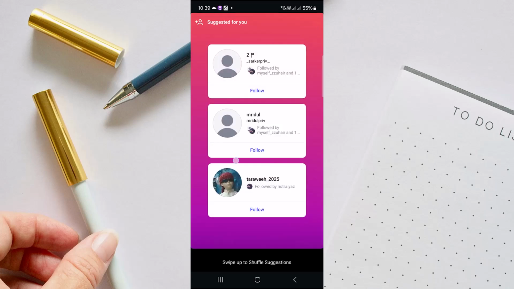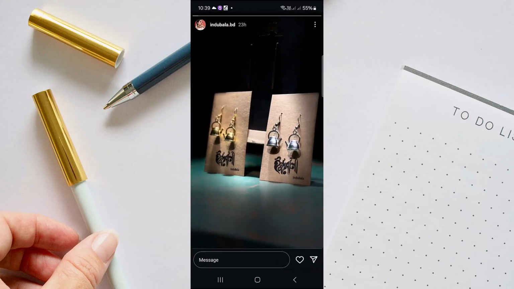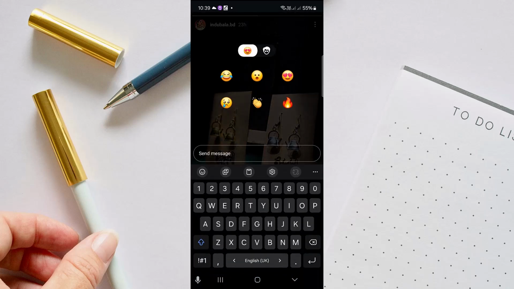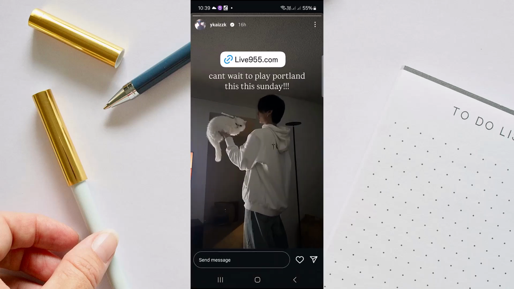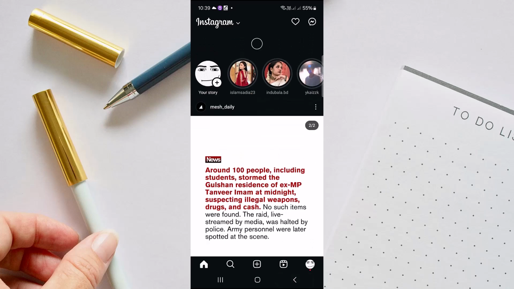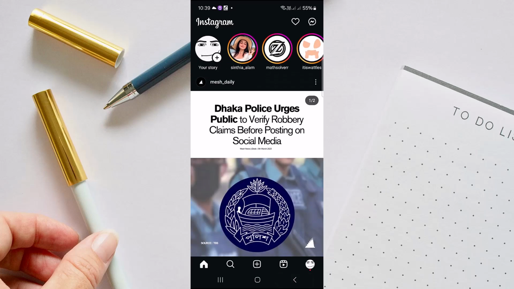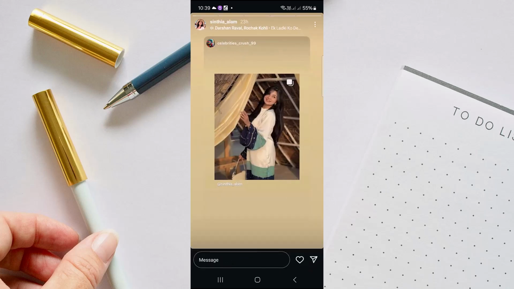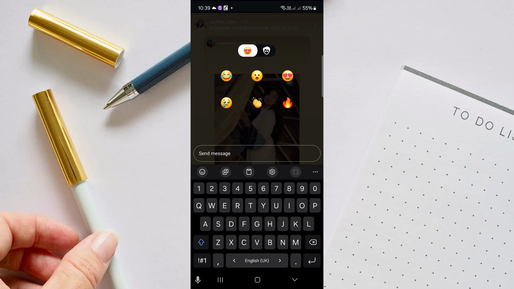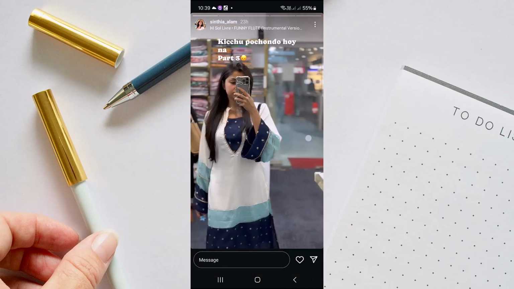Sometimes if we just tap on a story, we can't move anymore. So the first fix is, you can try just tapping on this message option and then try again tapping on here, and then you can just swipe it like this. So this is the first one you can try, and the second one is, if it is your story, you can go to the friends option right here,